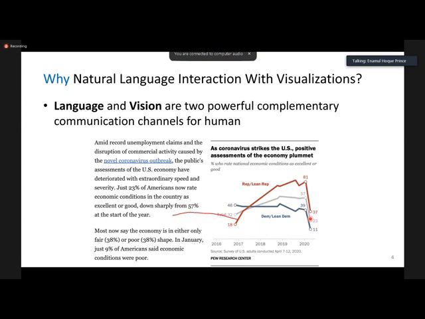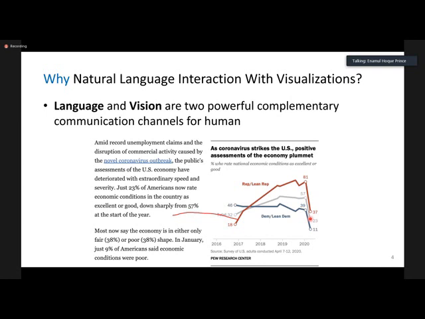That's why, since I started my PhD, in the last 10 years, I was one of the very few people focusing on how to combine natural language and data visualization to help the user explore and understand large data sets. I have been working on combining natural language processing and information visualization so that we can make data analytics more accessible to everyone.